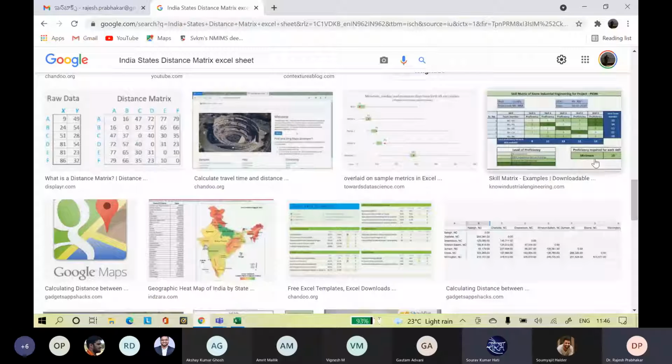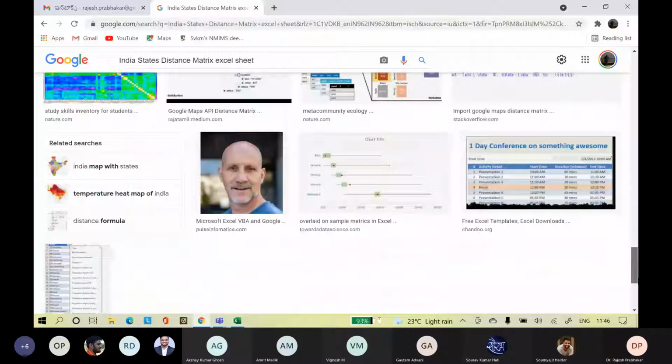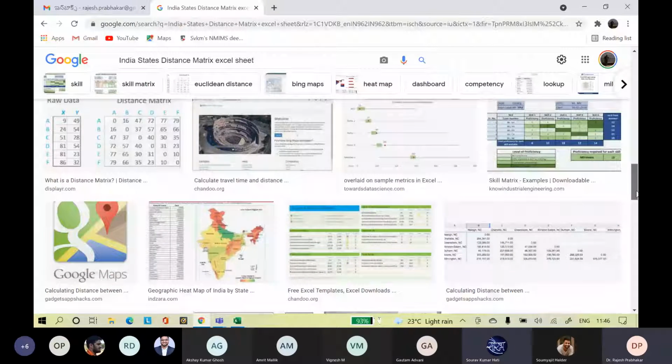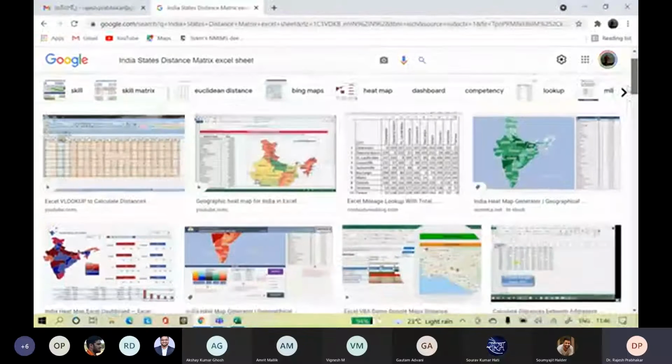Sir, where do we see the results? Same. If the number didn't change, that means that is the optimal solution. Okay, sir. So you mean the total distance? Yeah, that was the lowest we found in the last class. Yes, sir.